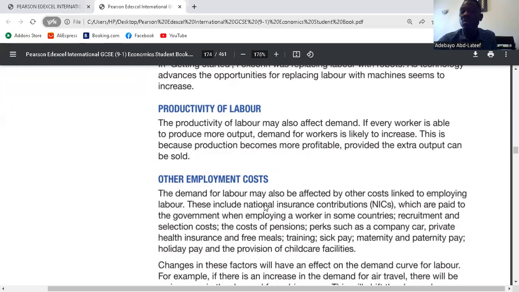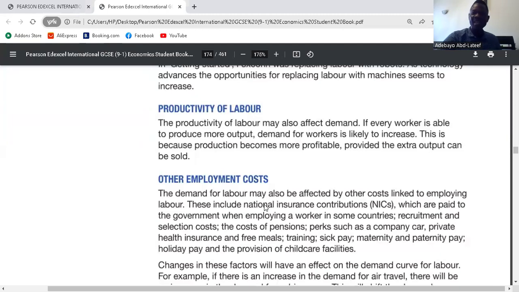The productivity of labor may also affect demand. If every worker is able to produce more output, demand for workers is likely to increase. This is because production becomes more profitable provided the extra output can be sold. So the third point here is about productivity of labor. If labor productivity is increasing,